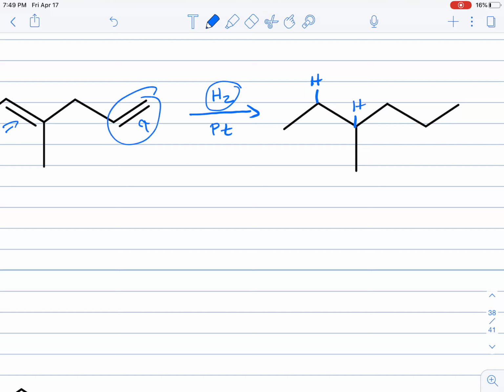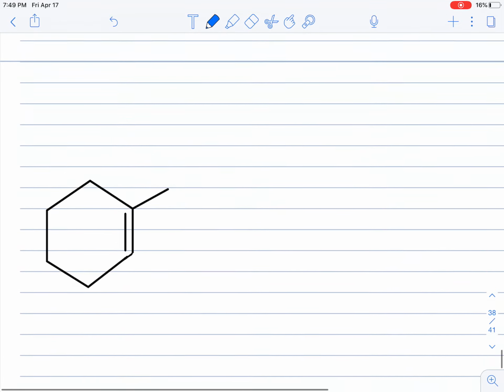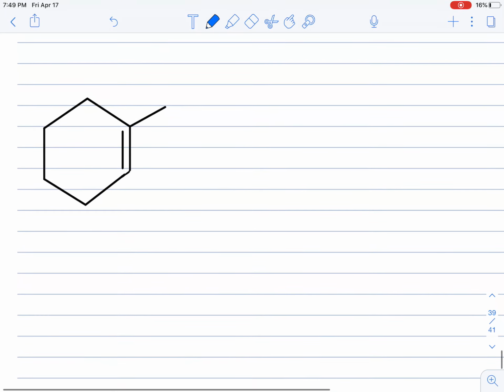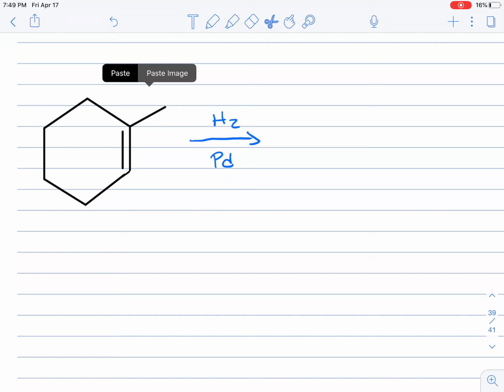And since there's a double bond at the tail end of this organic compound, we can go ahead and show that hydrogen is added at these two carbon positions. Okay. All right, so one last example. And so once again, if we're doing a hydrogenation reaction, we know that we are going to use hydrogen gas. And then let's go ahead and use palladium once again. And so if you guys are trying to predict the product for this reaction,